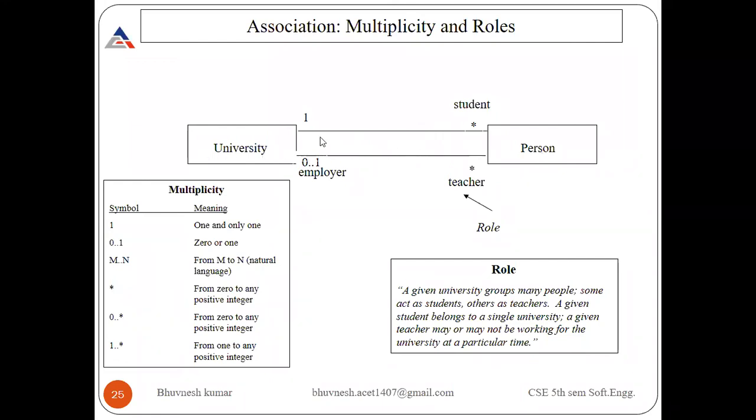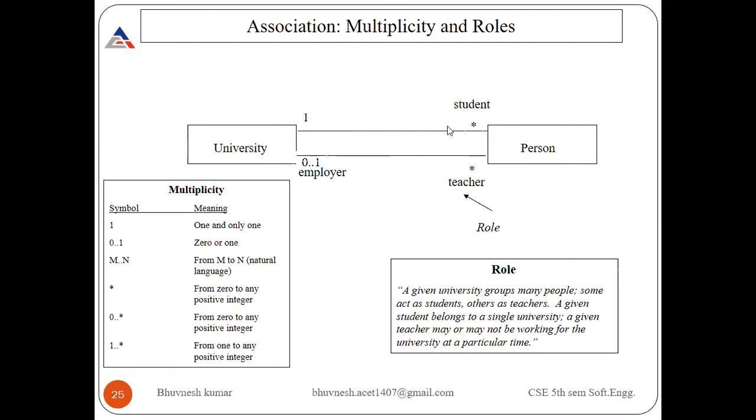It means a university is one university, or it is nothing. If it is one, this is a single university, and in this single university there are a number of persons, and those persons can be a student or a teacher. Okay, there is an association relationship.